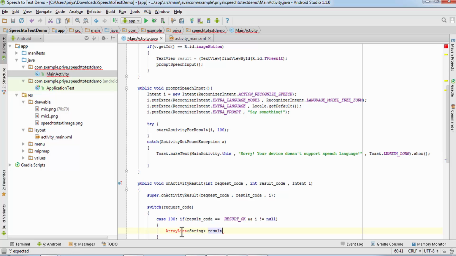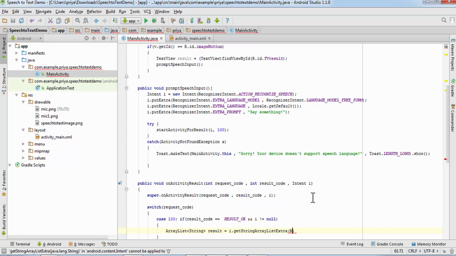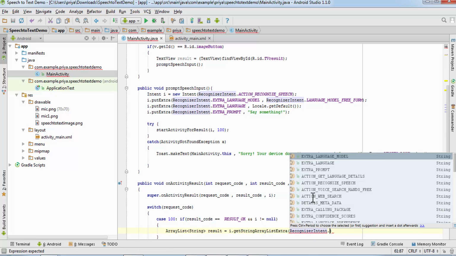For that we are going to hit Alt+Enter, so it will get imported. Equals i.getStringArrayListExtra, and here we are going to write RecognizerIntent.EXTRA_RESULTS.